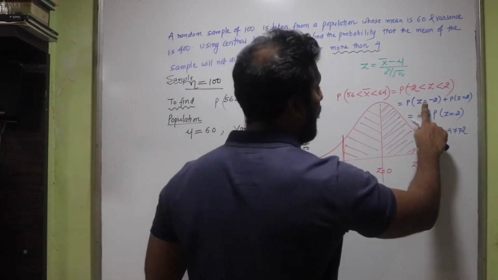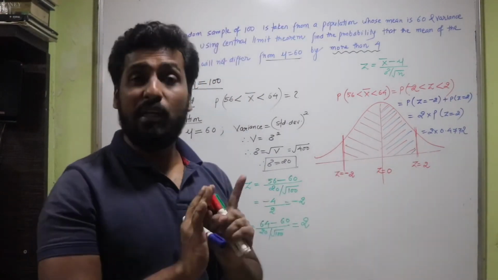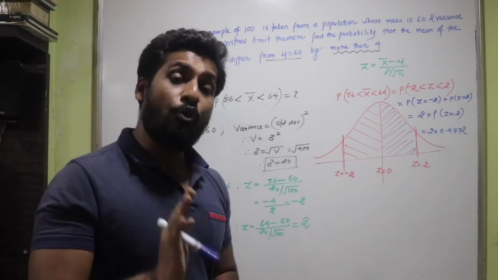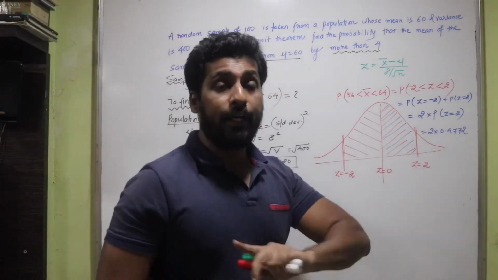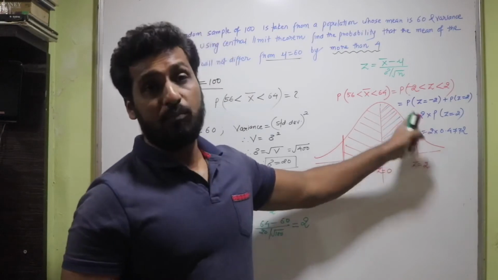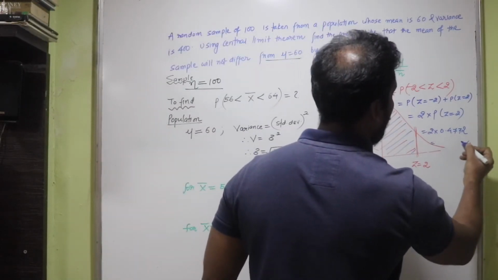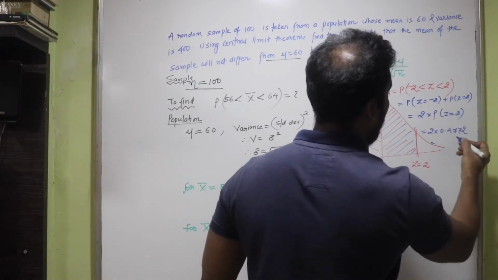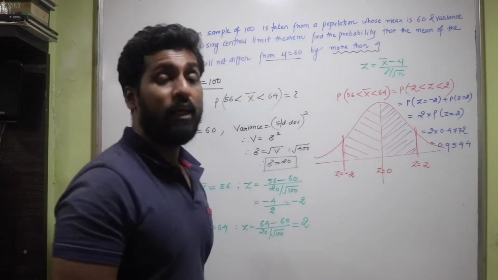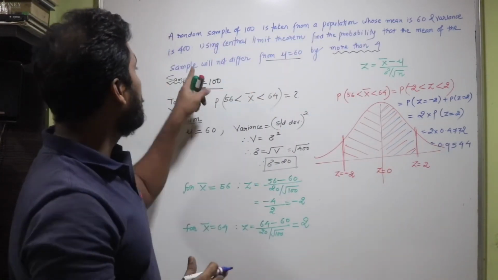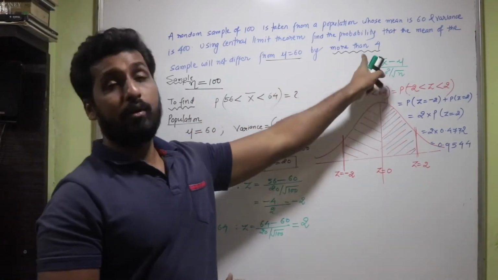I have to write the value of z equal to -2 as well as z equal to +2. Now z equal to -2, the table is not going to provide me the values. You have to find the value of z equal to 2 only, isn't it? So z equal to 2 is obtained 2 number of times, hence this multiplication by 2 has come. So my answer is simply going to become, so 2 twos are 4, then 14, so carry 1, 14 and 1 is 15, so again carry 1. So 0.9544 is the probability of the sample having the mean not differing more than 4, isn't it?